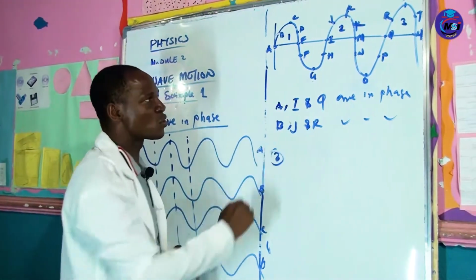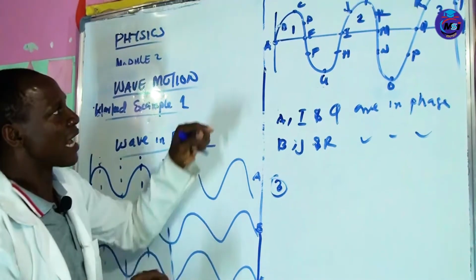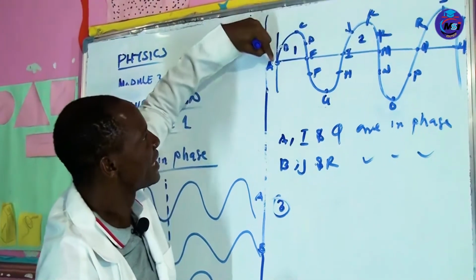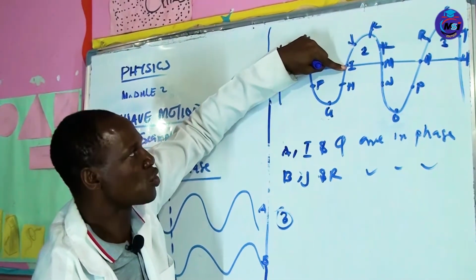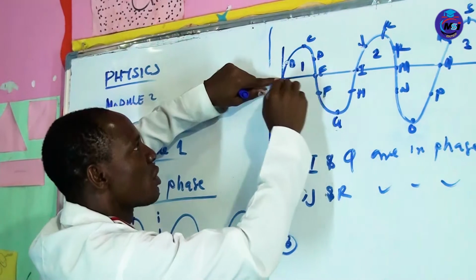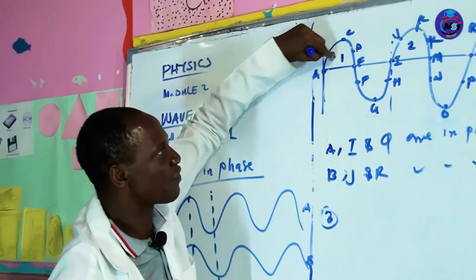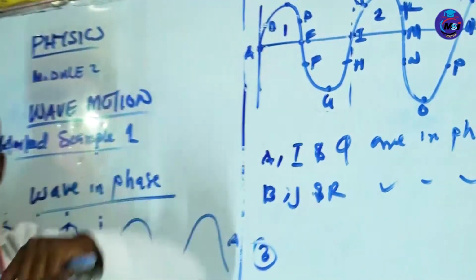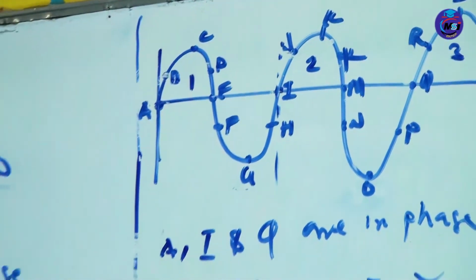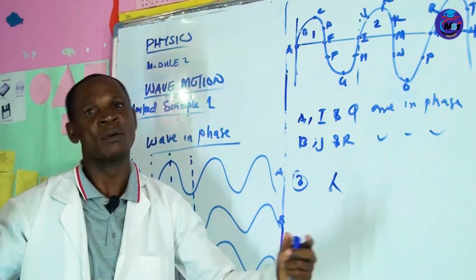The third one, which happens to be the last one, waves in phase. If you consider this one very well, since we agree that if we put this over this they will be in phase, what we need to do now is get the distance between the two of them that are in phase. This is in phase with this. We want to get the distance from here to this point. Now if you look at it, from here to here, in between we have one cycle, and the meaning of that one cycle is one wavelength. So it also means that for waves to be in phase, the distance apart must be one cycle,